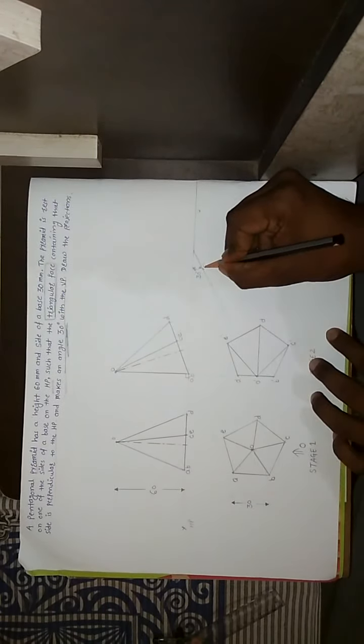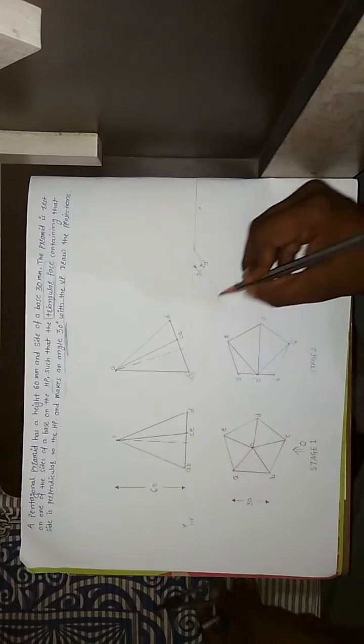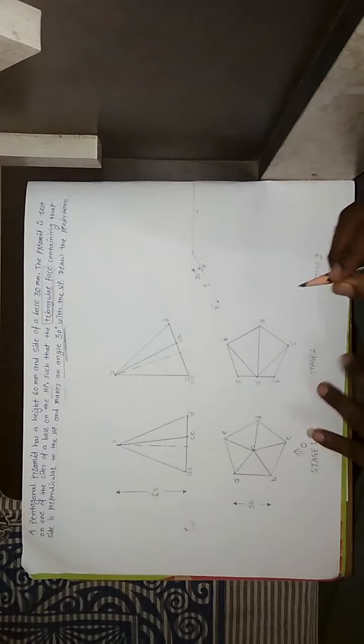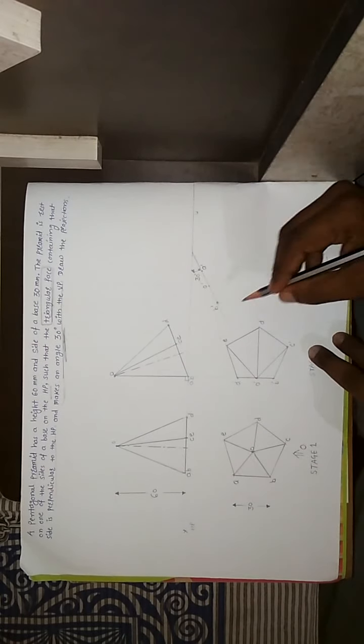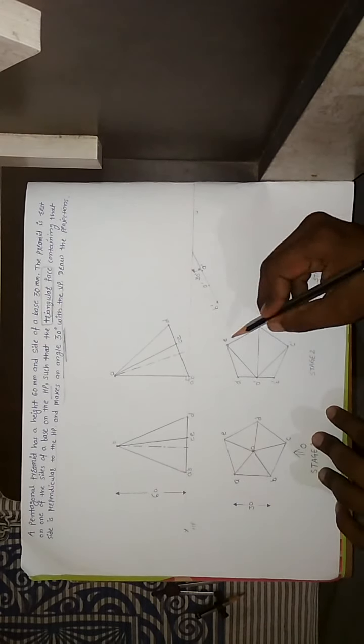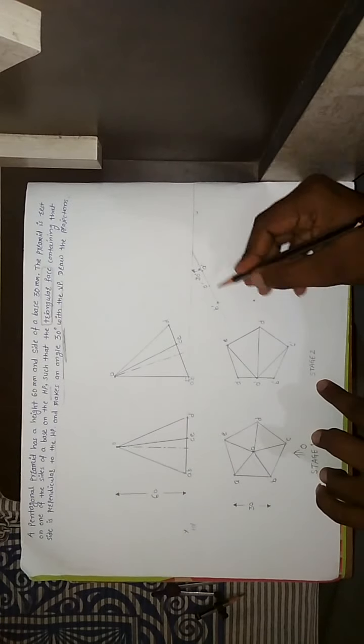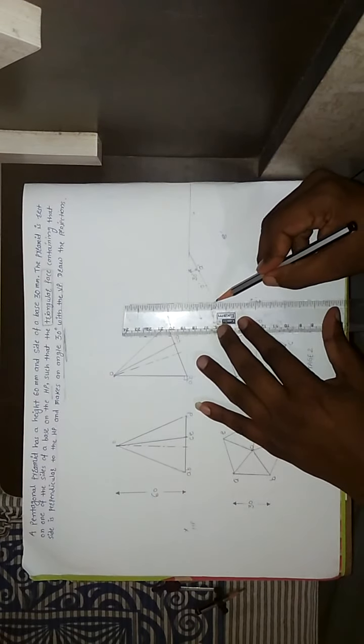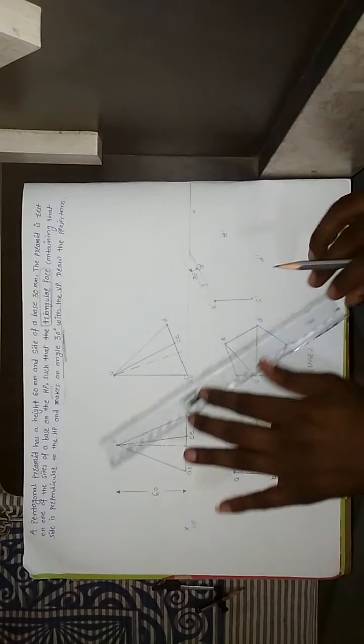Take one point, say A dash. Now take the A dash to B dash distance and cut it on this line. We will get this as the B dash point. Take the center point O dash here. We will get this as O dash. Now by using these points, we just draw or cut all the other points, C dash, D dash and E dash. So we will get C dash, this point is D dash and this point is E dash. Now join all these points, because we have to redraw the second stage diagram.